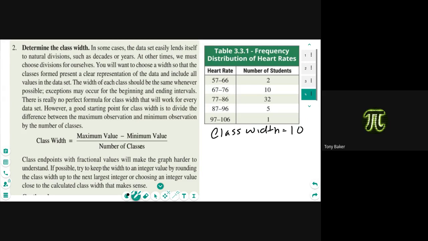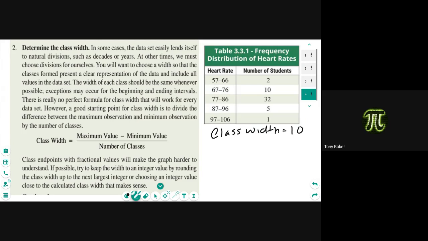You have to include the number you're starting with. When you subtract, you don't include the number. You're looking at the difference between the two values, not counting the numbers. So when you're counting, if you count 57 to 66, you count 10 numbers. That's where the class width comes into play. So when you're doing those calculations, keep that in mind because that is a very easy